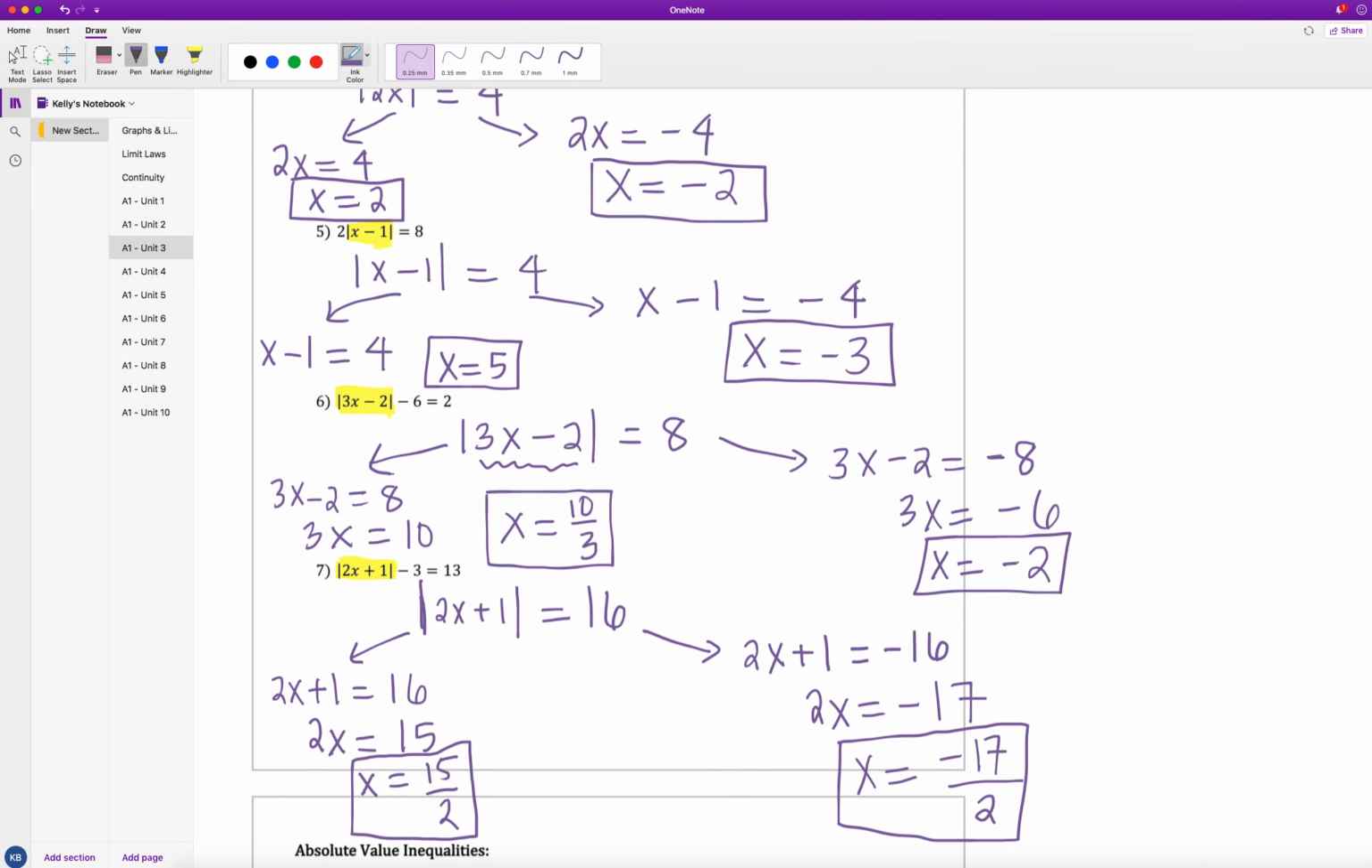The next part of this learning target will focus on what happens if I have an absolute value inequality, and we'll talk about that in our